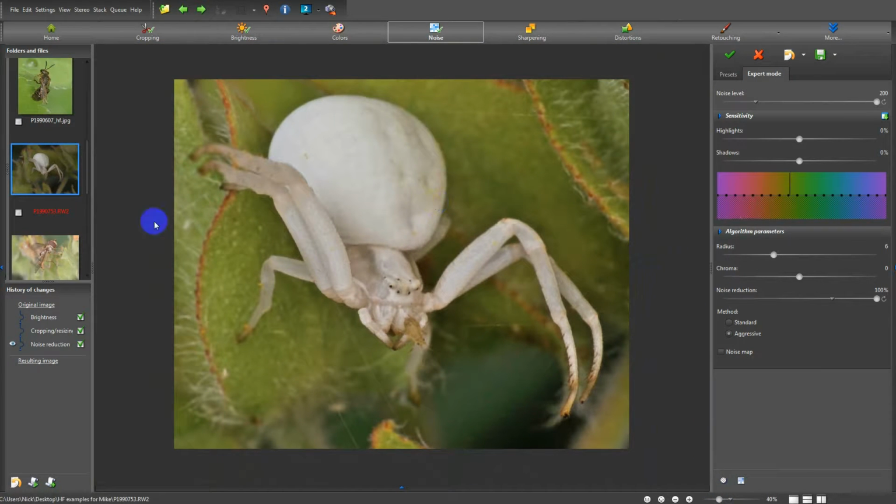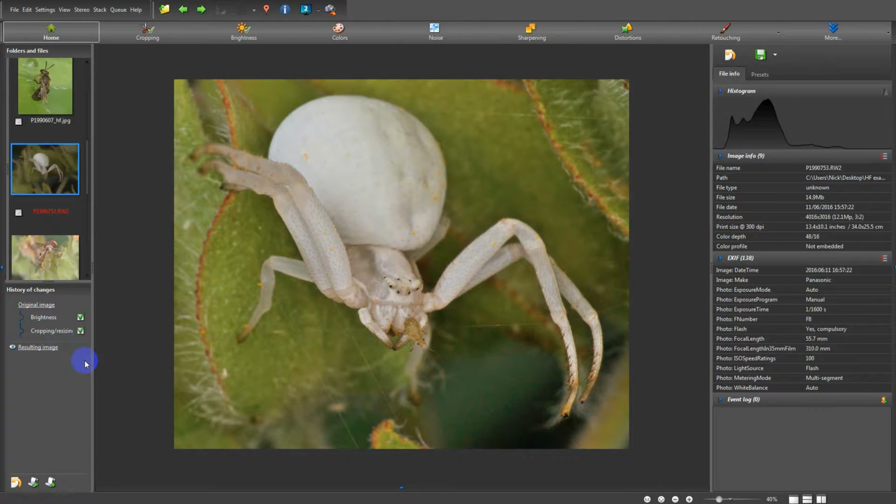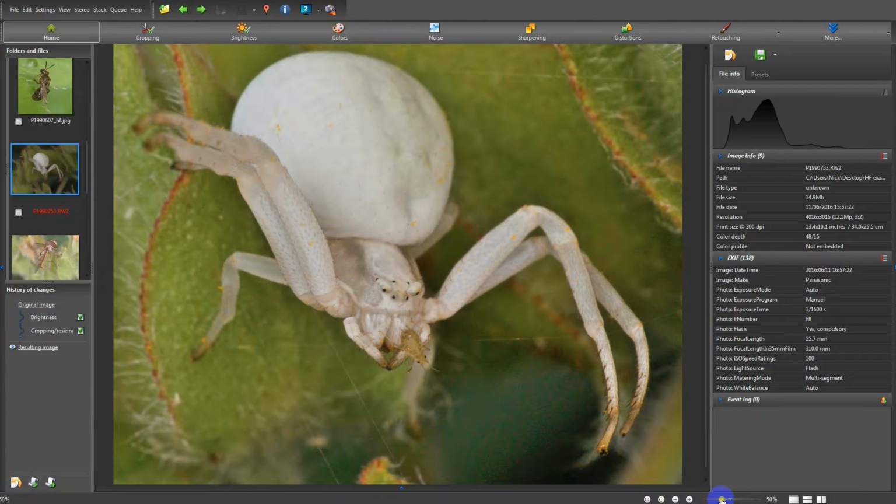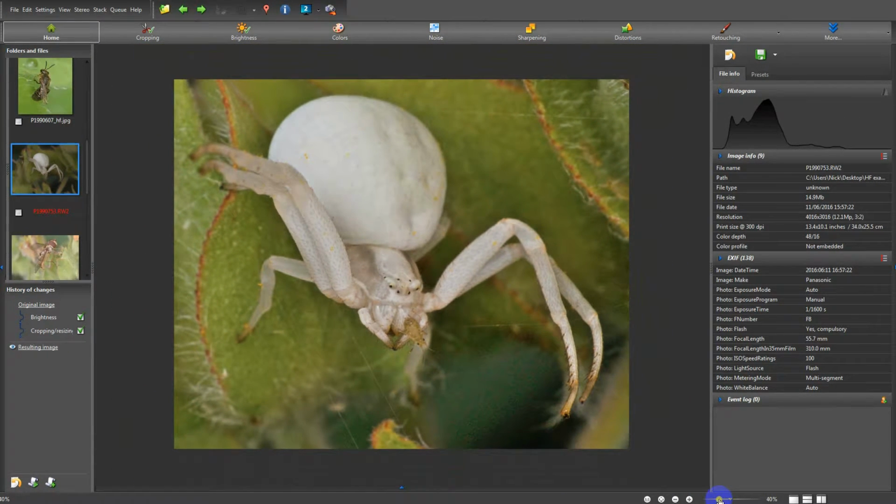So what I'm going to do is, over on the left here we've got the history of what's been done, and I'm going to click on the noise reduction and then say delete. So that noise reduction is no longer there. The detail has come back. If we look now at 100%, we can see the hairs much better here, but the noise is back. So I'm going to take a different approach with the noise now. I'm going to try and select the areas where I want to apply noise reduction and just apply noise reduction there. So I'm going to go to the Retouching tab,